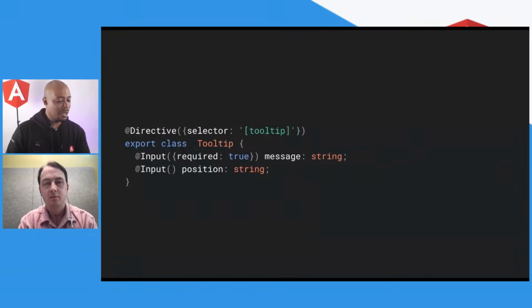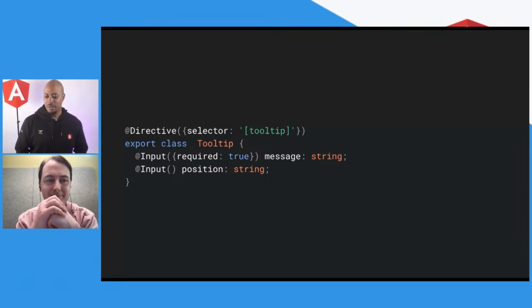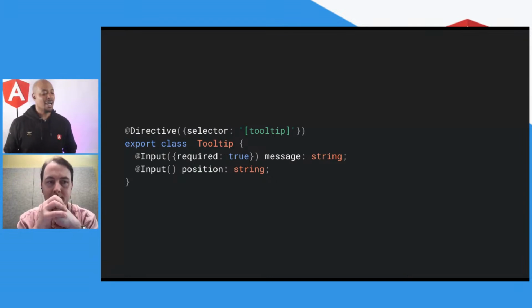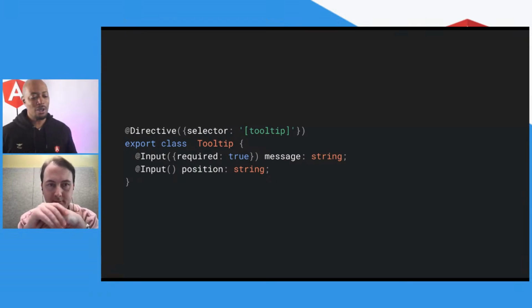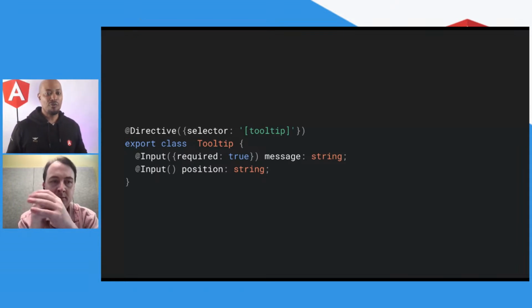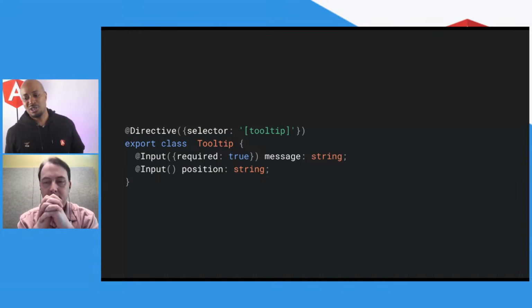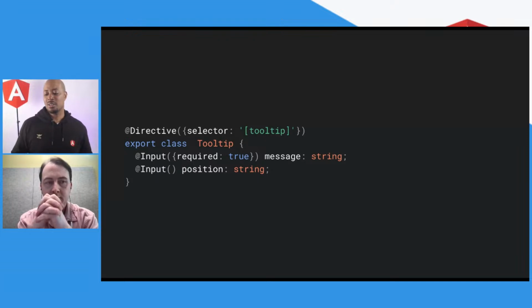All right, here's one thing. If you haven't been using it, the streets have been asking for a very long time. In GitHub, you asked for it, you finally got it. What is that? Required input. So now at compile time, you can get some feedback that an input is not being passed in. So all your assertions and all that kind of stuff, like null or undefined and all those kinds of things, yeah, you're going to find out. Required. It's here. Hope that you love it. Really hope you love it.